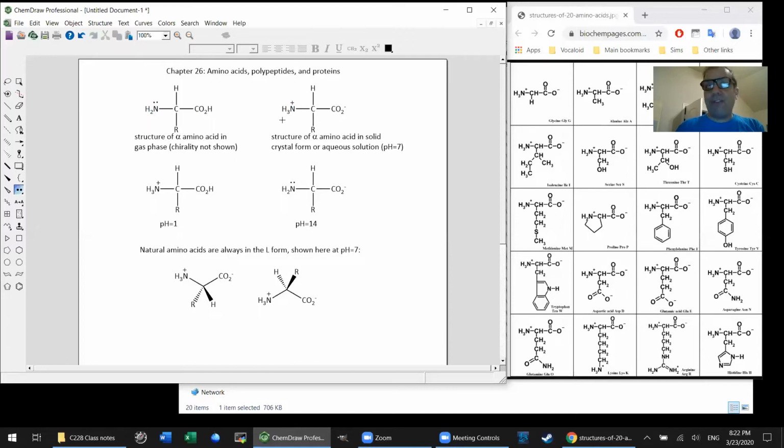So you can see 2.5 and 9.5. We can do all this in our head. That makes a total of 12. 12 divided by 2 is 6. So you'll see the pKa's of most amino acids, at least with non-ionizable side chains, generally rounded about 6, maybe